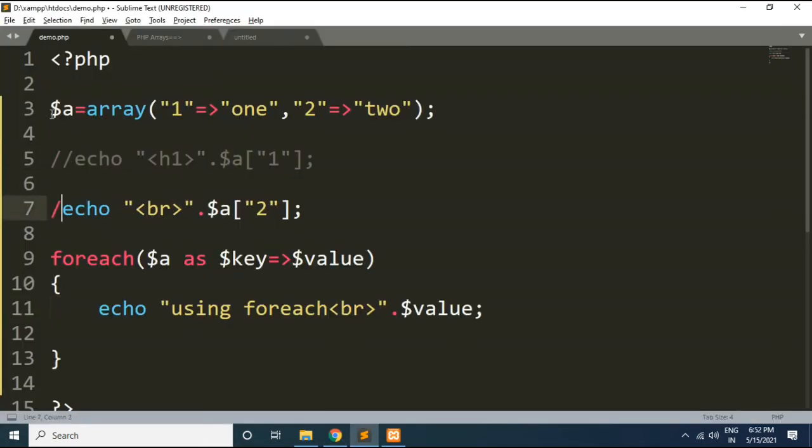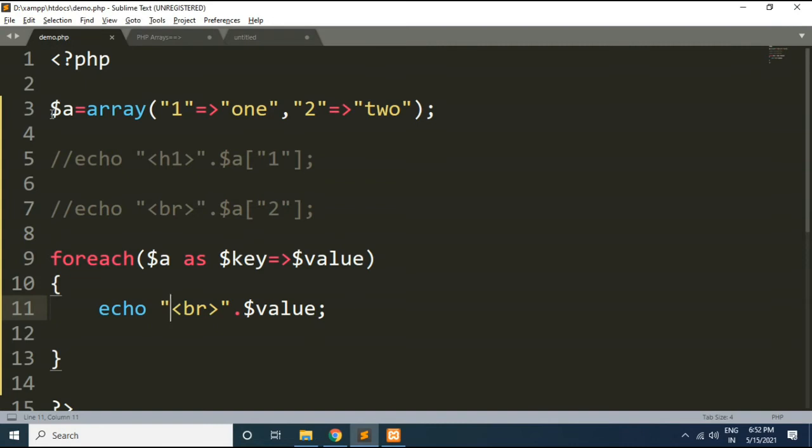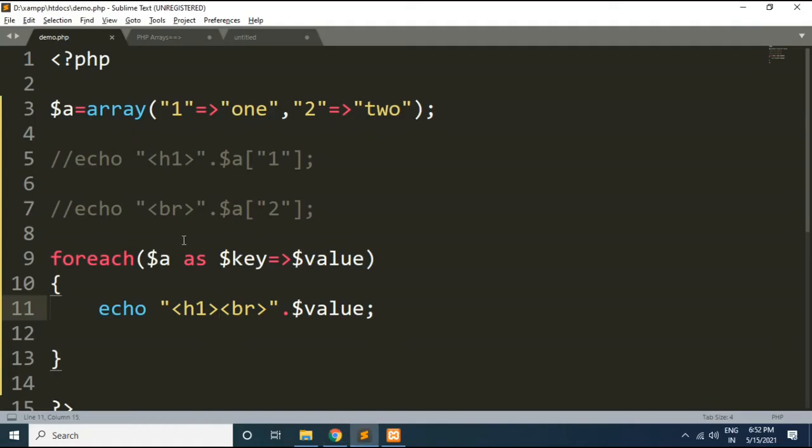We will comment this and I will remove this. So you can see we got the output, 2 elements as an output. This is how we can use the foreach loop for iterating through an associative array.